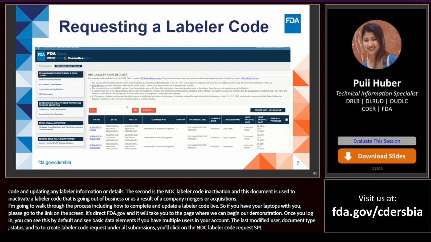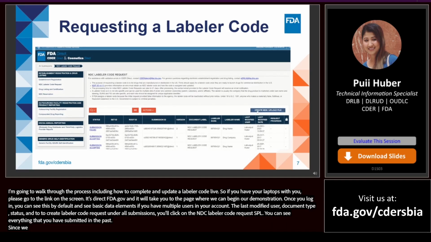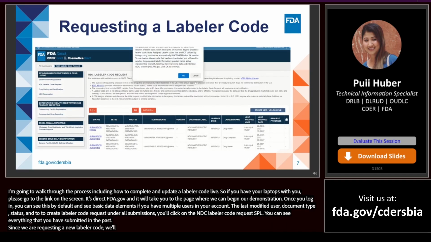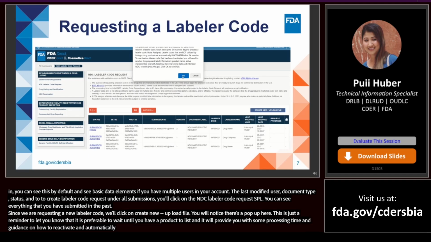After clicking the link, you'll see a page with all the submissions that you've created, drafted, or submitted in the past. Since we are requesting a new labeler code, we'll click on Create New - Upload File. And you'll notice there's a pop-up here. This is just a reminder to let you know that it's preferable to wait until you have a product to list, and it also provides you with some processing time and guidance on how to reactivate an automatically inactivated labeler code. So click OK,